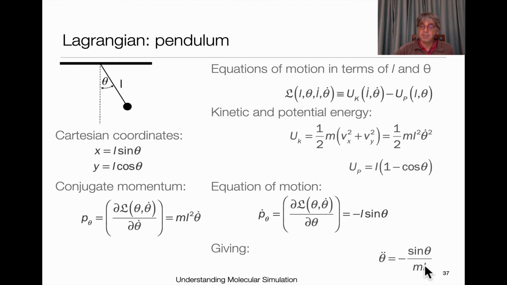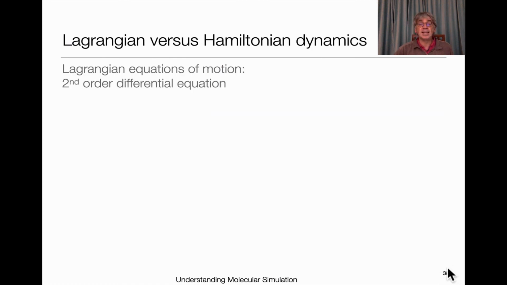We're almost there. There's one more step I need to mention, and that is that statistical thermodynamics is done with the Hamiltonian, not with the Lagrangian. The Lagrangian is coming from classical mechanics. So we can also do a Hamiltonian formulation of the dynamics, and that is a little bit more natural for